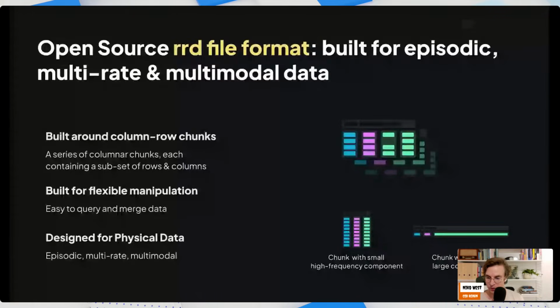Basically, it's designed from the ground up for this kind of data. It took us probably 2 years to really get to this design, and it came from wanting to make the open source visualizer super fast, and work really fast for both super small data, like a really fast time series, and data where you have one huge point cloud or one huge image.